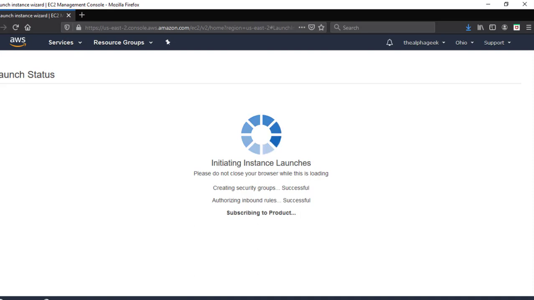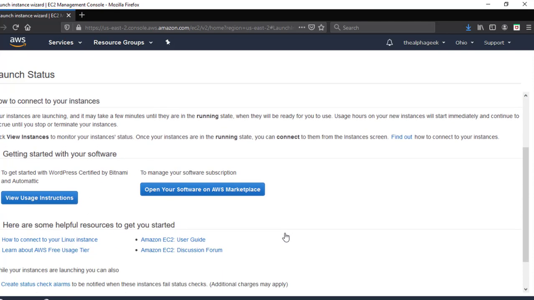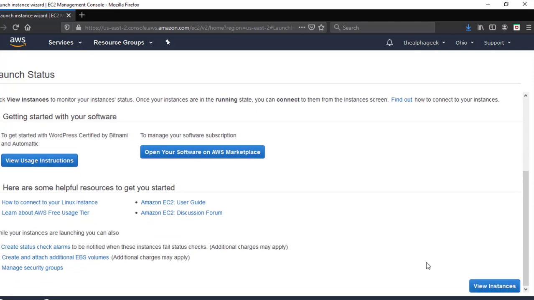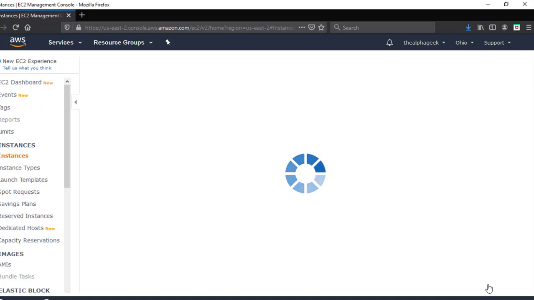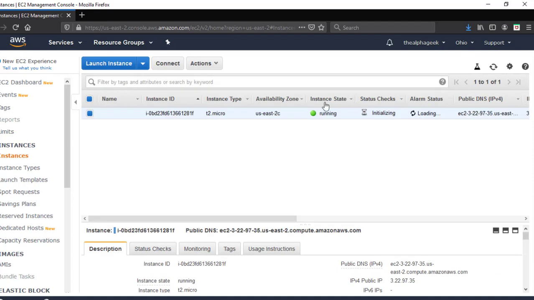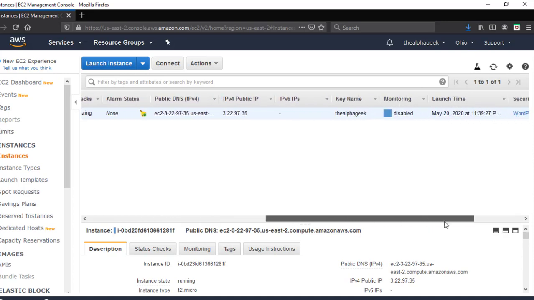This is going to take some time, just 2 minutes. So it has come up. In the launch status you can see that your instance is now launching. You can scroll down and select the view instances button, and you will be redirected to the EC2 dashboard. This is where you can see the instance that we just created. We have our instance ID, our instance state, which is running right now, our public DNS IPv4 address,